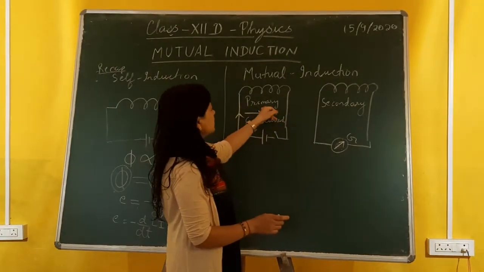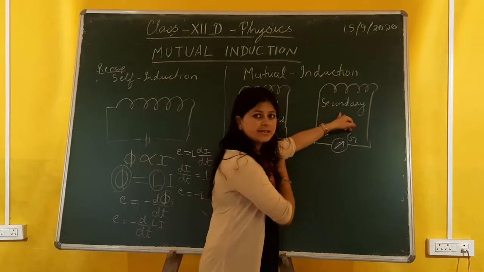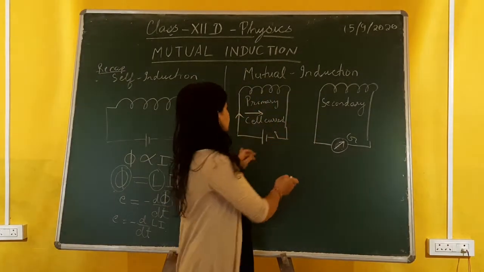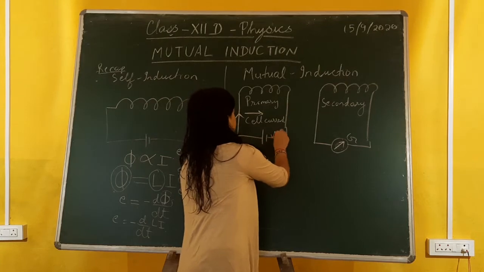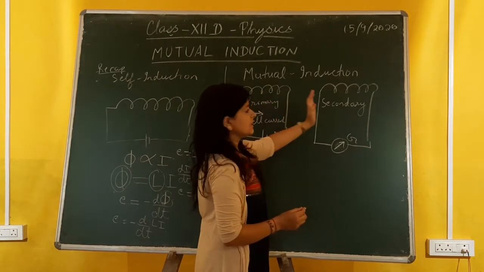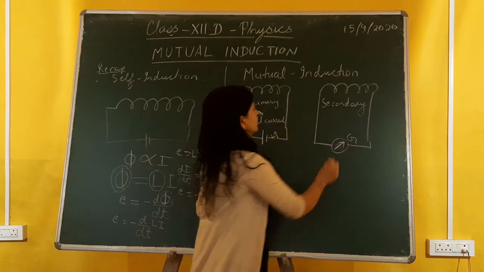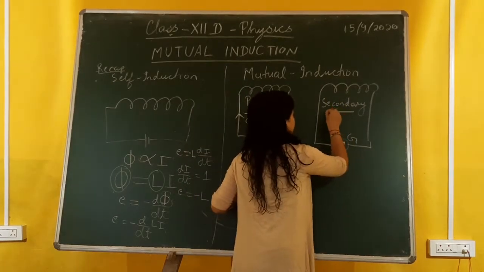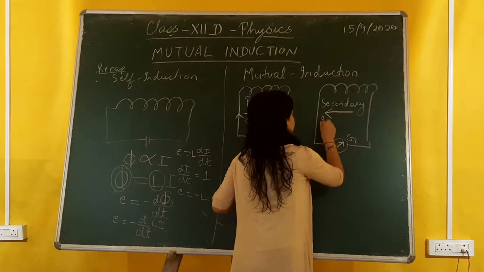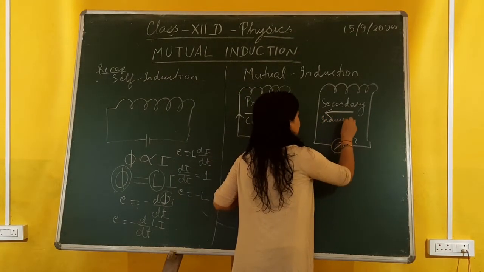Now here the cause of the current induced in the secondary coil is that the current is increasing. Initially the switch was off, now I have put on the switch. That means it does not want the current to increase, it will try to decrease the current. So induced current has to flow in the opposite direction so that the value of this current will come down. So this will be the direction of induced